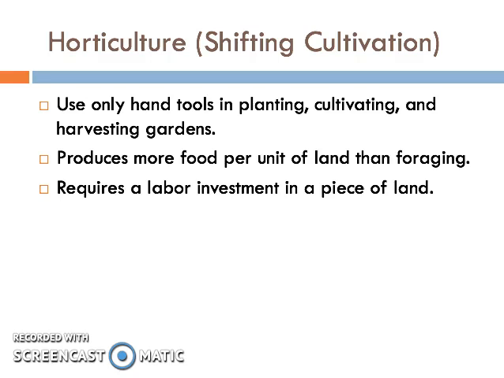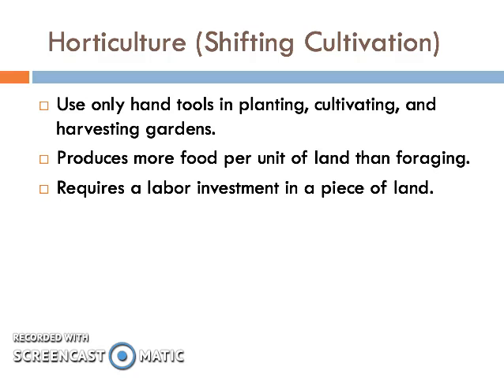I prefer shifting cultivation, which means that people farm a given plot of land for a time before leaving it fallow or unplanted and clearing a new site. This gives the previous plot time to regenerate. If population density is relatively low, shifting cultivation can be a highly sustainable system. Shifting cultivation does alter the environment more than foraging, but much less so than intensive and industrial agriculture.